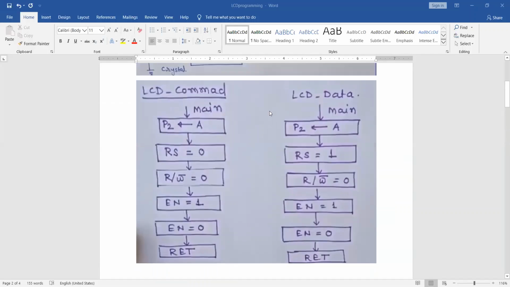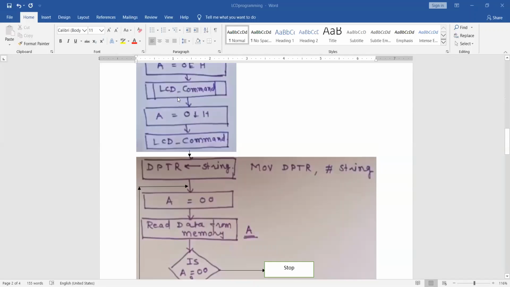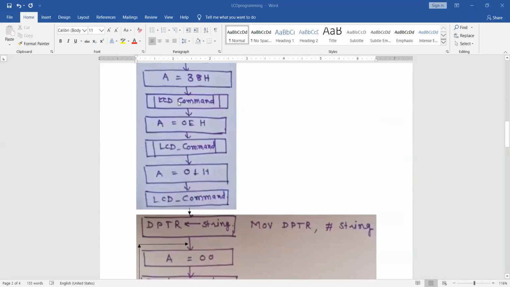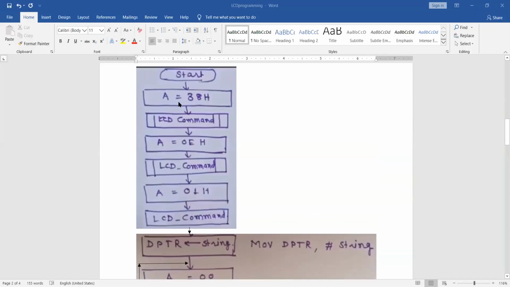Now I'll start with the main program. A equal to 38H. Why 38H?